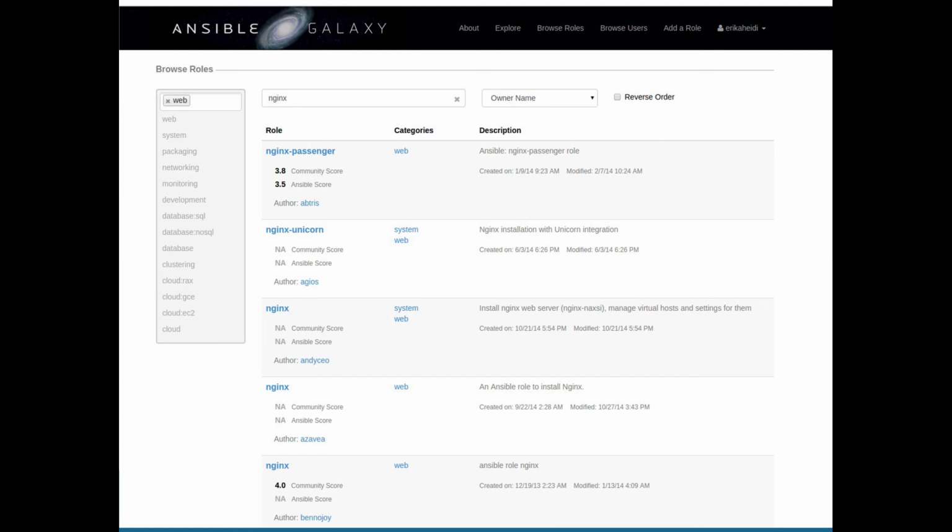The roles here usually are quite complex because they are supposed to work across many different operating systems. And that adds complexity to the roles, of course. They need to check a lot of stuff. If you want